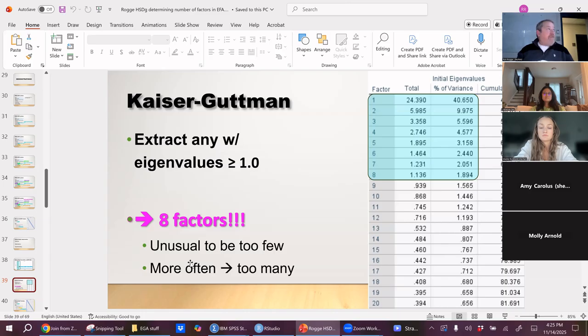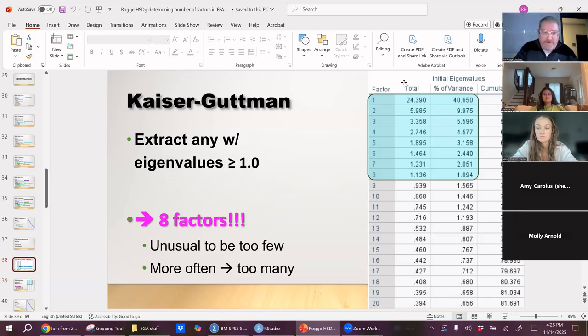The Kaiser-Guttman criteria: there were exactly 8 eigenvalues greater than 1. So it's saying extract 8 factors, which is not the right number either. It should be 12. It's actually a little odd that in this, what normally happens